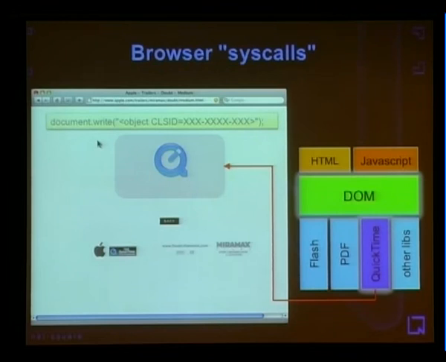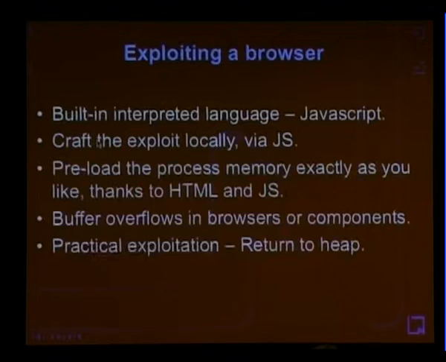Now, exploiting a browser is pretty easy. You have many, many tools at your disposal. You can create a browser exploit entirely using JavaScript. So now let us say you want to break the QuickTime player through a browser. You want to send 100,000 bytes to the QuickTime object. You don't have to create a payload of 100,000 bytes and push it to the browser. You can create a little JavaScript loop saying, instantiate a variable, pack it with 100,000 bytes, and then drop it on your own foot, and it will blow up the QuickTime object. What's more wonderful is